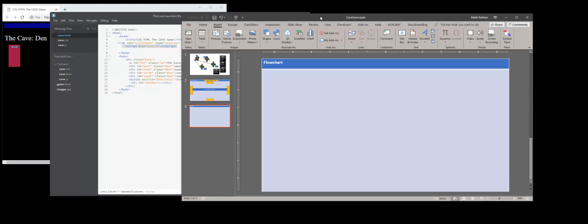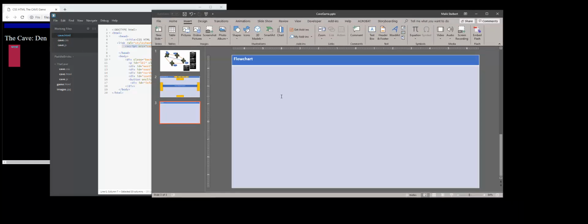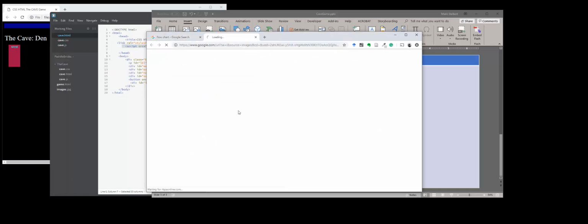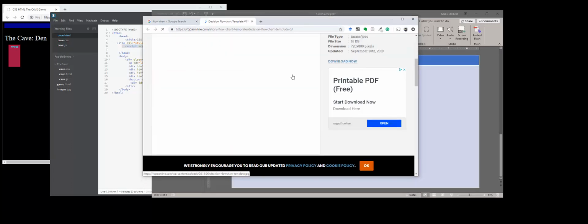So here I'm inside of PowerPoint, and I'm going to go over the logic of the system I'm about to design, and it's going to be based off of flowchart diagrams. I'm just going to make a simple flowchart diagram. We're not going into depth with this because there's a lot to learn about flowcharts. We just need the bare minimum about flowcharts. And if you go onto Google and you look up decision charts or templates, you'll see something like this pop up, and this basically